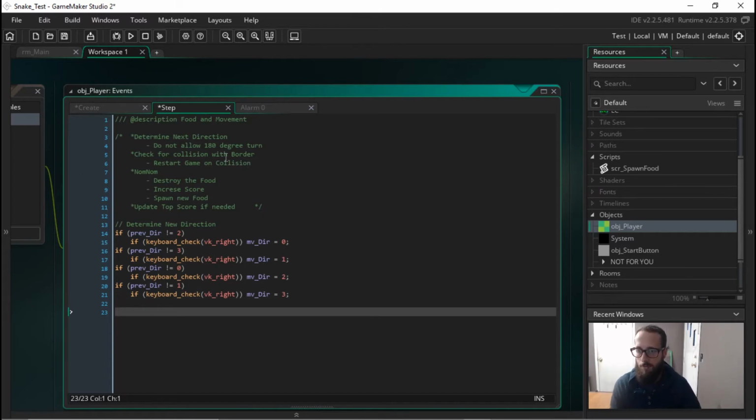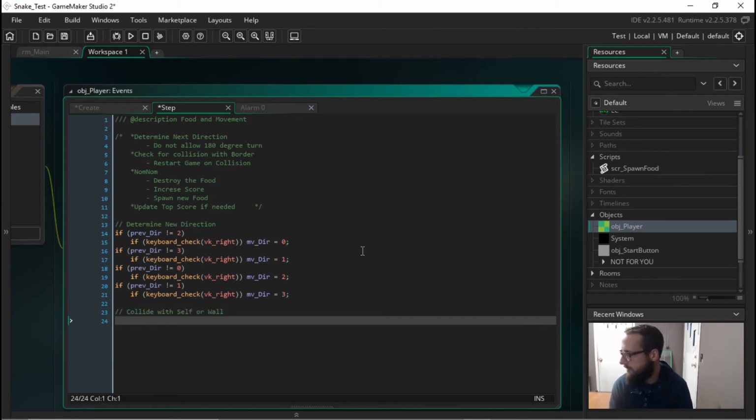Now I need to check for the collision with border. I also need to check for the collision with self. I forgot about that. So here we're going to do collide with self or wall. Call it wall, border, doesn't make a difference. If